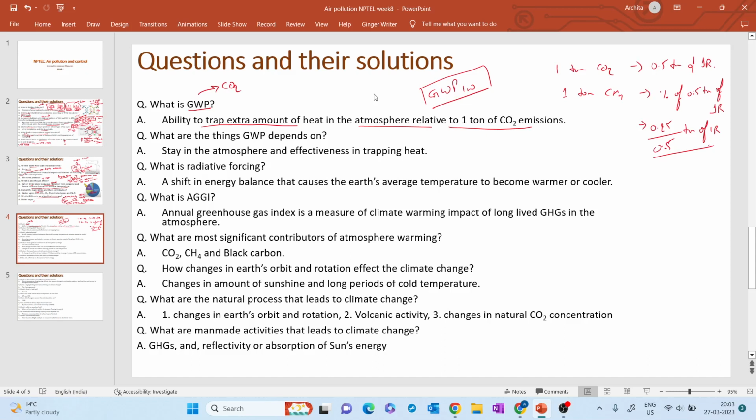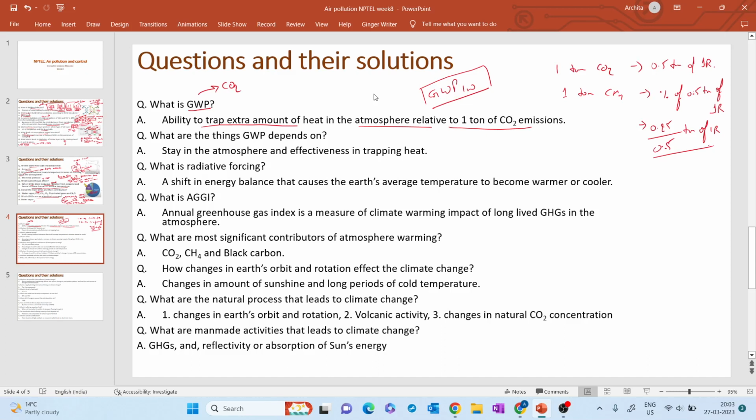मतलब अगर 1 टन CO2 0.5 टन इंफ्रारेड ट्रैप कर रहा है, तो जो मीथेन है या ओजोन है वो कितने टन इंफ्रारेड ट्रैप करेगी। ओके, एंड देन यू फाइंड कि वो CO2 का कितना परसेंट कर पा रहा है, यानी कि CO2 के कंपैरिजन में कितनी इफेक्टिव है कोई ग्रीनहाउस गैस, वो उसका ग्लोबल वार्मिंग पोटेंशियल होता है।